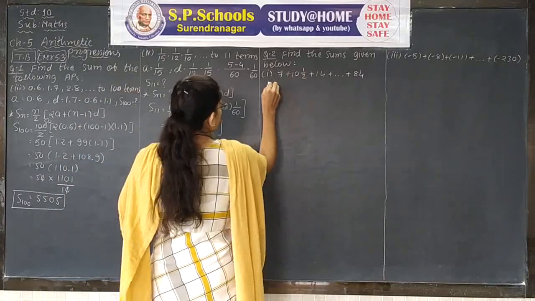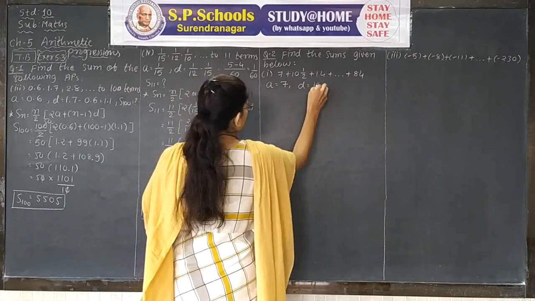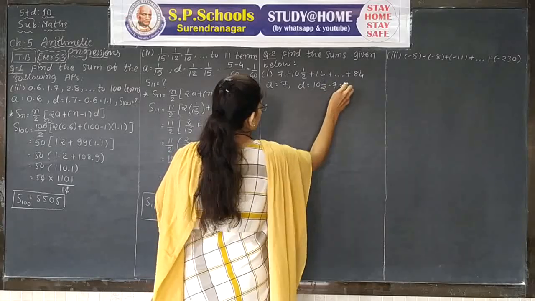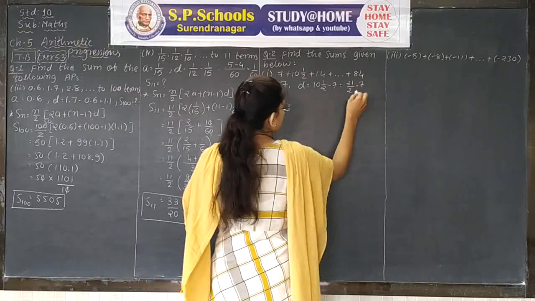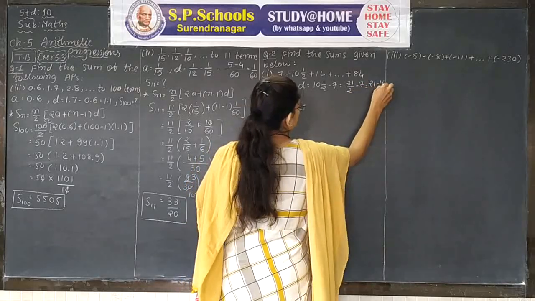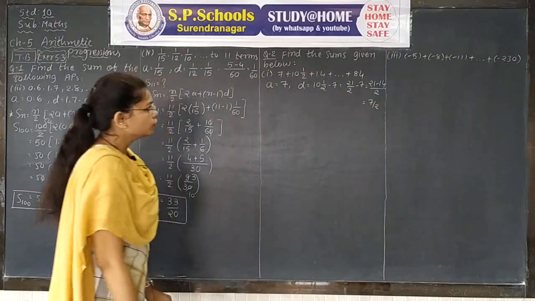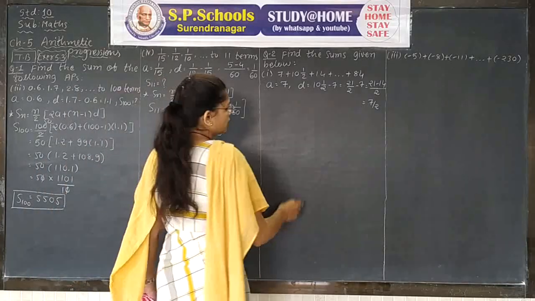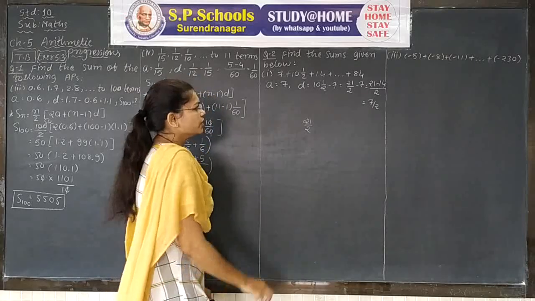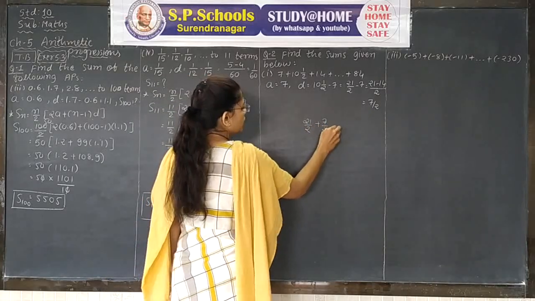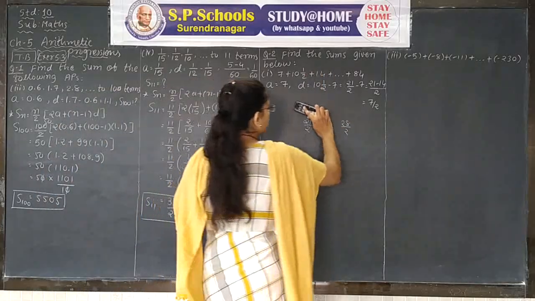First of all, it is a finite AP, that's why the first term a is 7. Then common difference d is equal to second term minus first term, which is 10 2s are 20 plus 1, 21 upon 2, minus 7, which is 21 minus 14 upon 2, which is 7 upon 2. Here 7 upon 2 is our common difference. To check whether it is correct or not: 21 upon 2 means 10 and 1 upon 2, it is our second term. Add 7 upon 2, we get 28 upon 2, cutting we get 14, our third term.